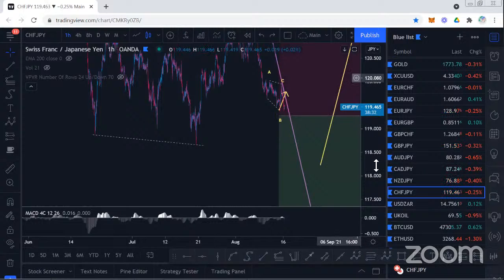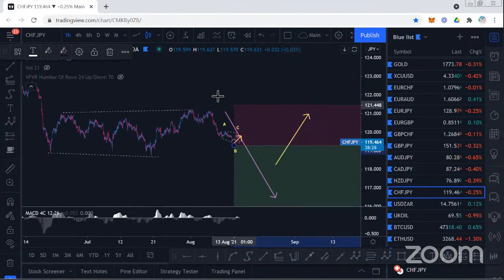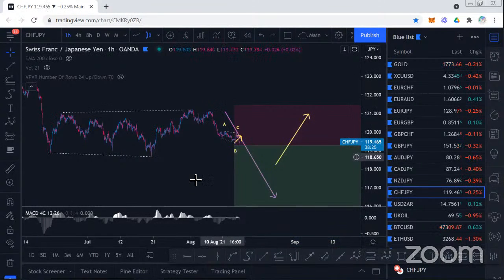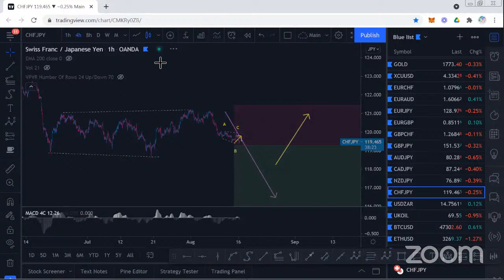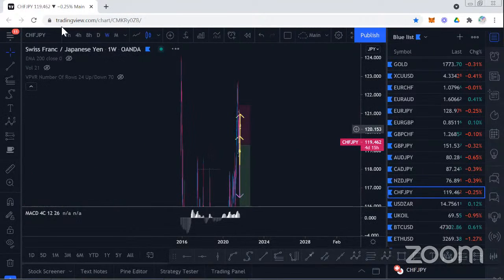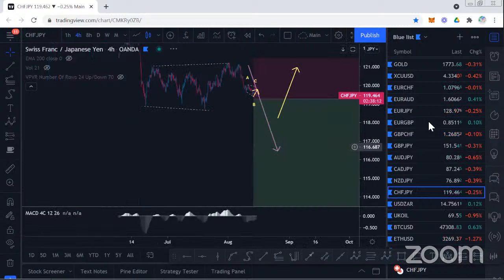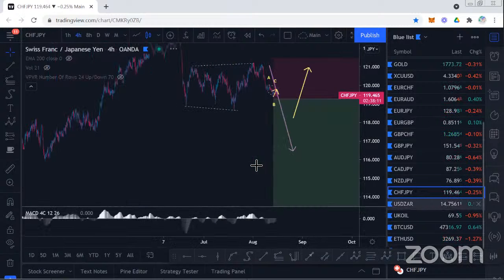Can also start to narrow the stop loss. And yeah, I think that looks like a really good trade to me. Higher time frames are looking really good. The structure on the lower time frames is really good. So yeah, really keen for that entry and just kind of set and forget type trading on this one, just to let it run.